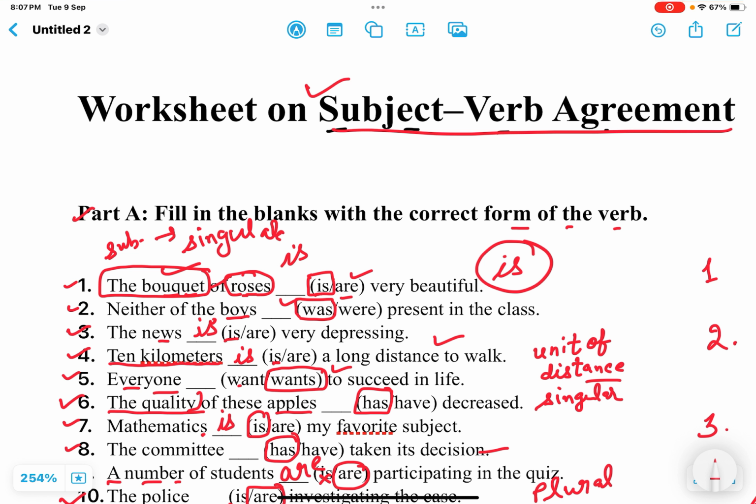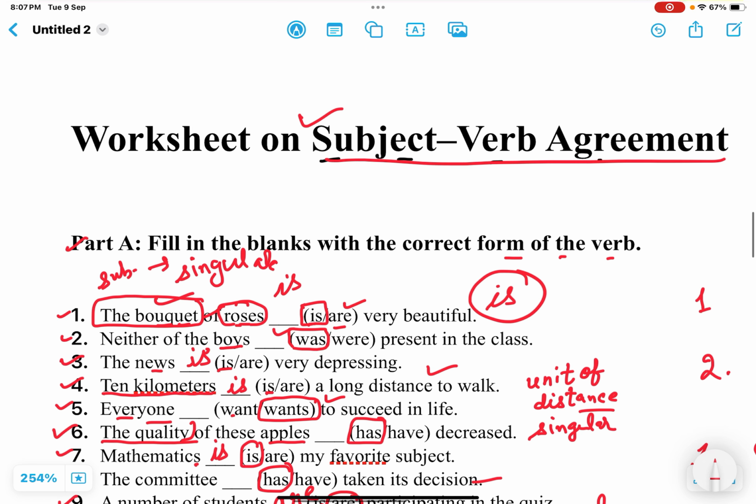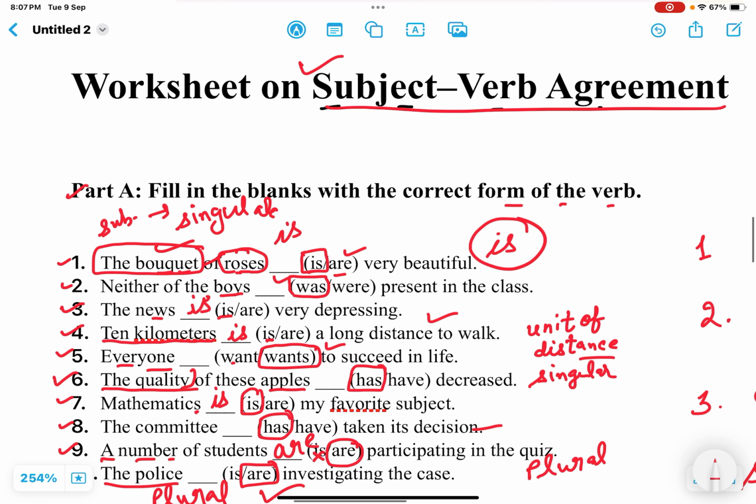And at the end of the day, when you are to appear for your exams, there will be no need to waste your time on practicing grammar only, because grammar is not a topic that can be done in a single day or in a single sitting. This is a matter of practice. Okay, we need to practice it every day. So that's why I have started this series. I think it will be helpful for you.